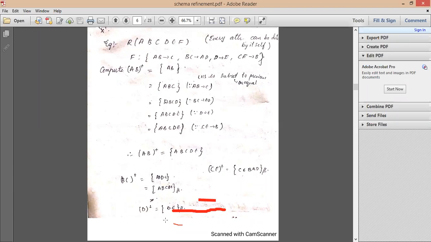Next, the closure of D. The closure of D is DE. That's it, nothing more, so it is not getting all the attributes. Now, if I'm finding the closure of CE, first I'll write CE. After that B. Now you have CB here, so BC will go to AD. Let it be CB or BC, both are the same. So BC goes to